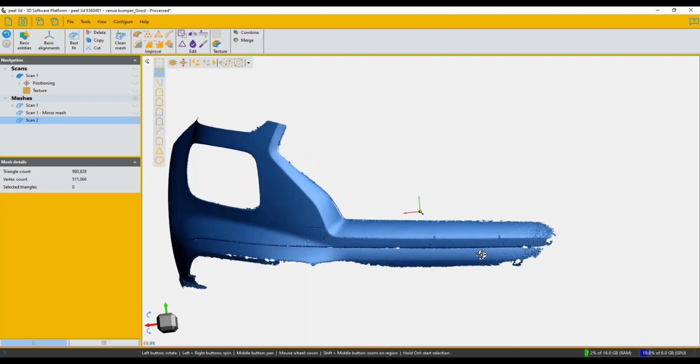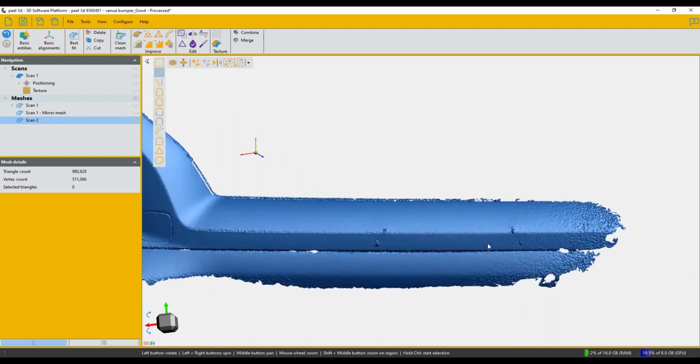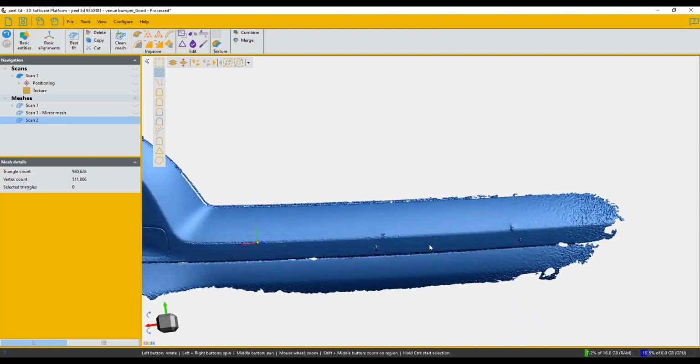There's a number of different ways that you can orient your model. Probably the fastest way to do it is to work in terms of reference planes. So I'm going to orient my model. This face here is more or less orthogonal to the XZ pattern plane. And I also want this edge here to lie directly on my XY pattern plane. So I'm going to